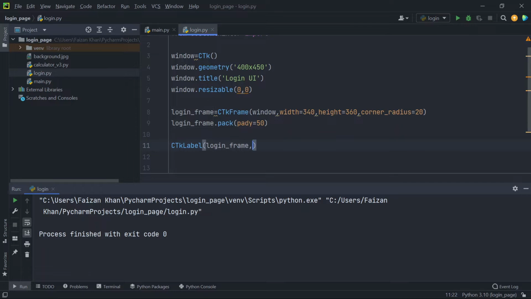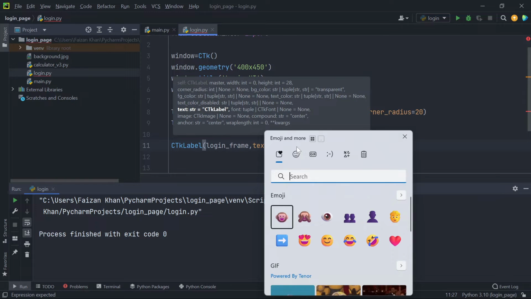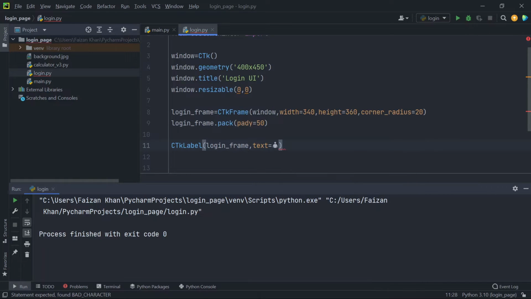Then the text on this label will be an emoji. If you are using Windows, then you can press the Windows key and the dot key. Once you do that, you will see the result like this. Here you can search for the emoji. So you'll mention user and you'll get this emoji, right? Just click on it and this will be added simply like this. Make sure you add it in the form of a string. And then you can name this label. So you can call it logo,